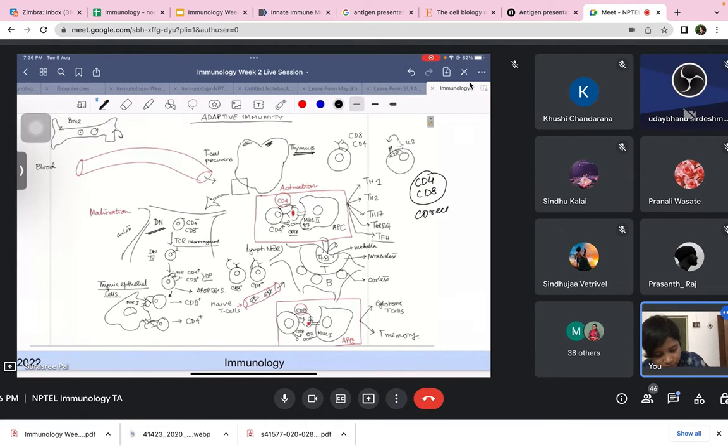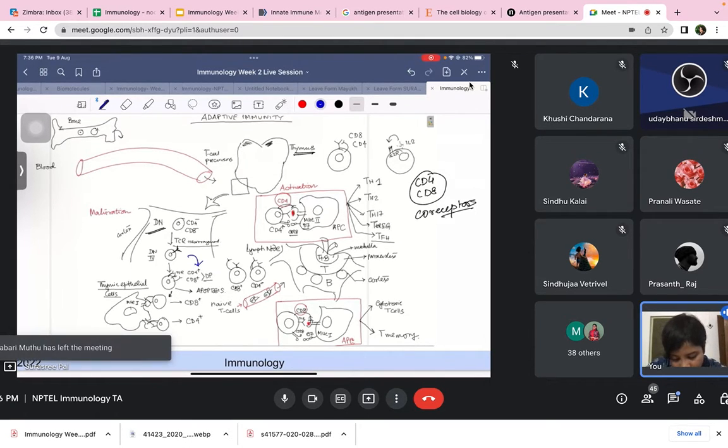So CD4, CD8, these are some of the co-receptors which help in the interaction of the TCR with the MHC. Okay, so these are co-receptors of the T cell receptor. Now what happens to these double negative cells? The TCR rearrangement takes place. So the TCR is rearranged, and now when they express these TCR molecules, they undergo one differentiation where they express both the CD4 and CD8 positive cells. So they are now called DP, or double positive cells,